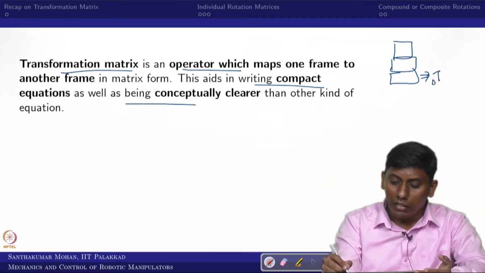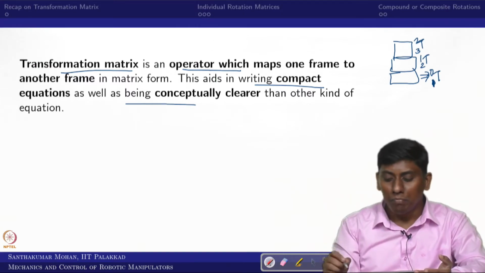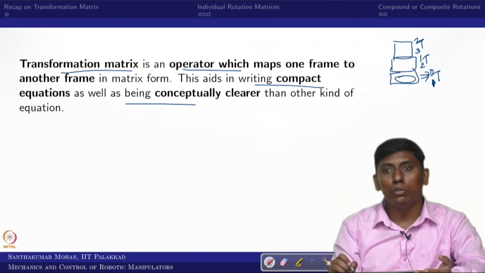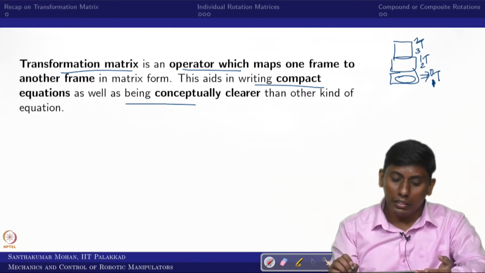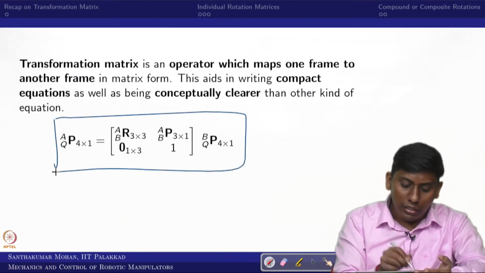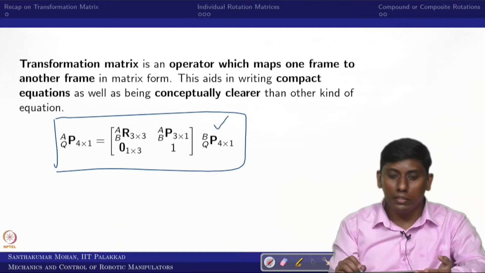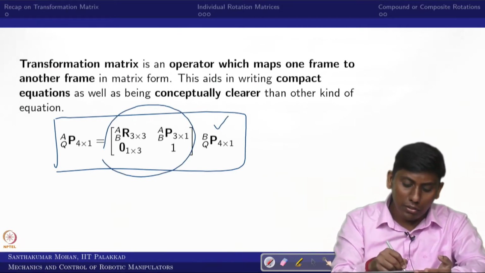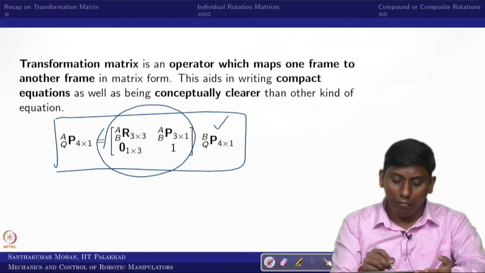For example, this is the transformation matrix of 1 with respect to 0, this is 2 with respect to 1, and this is 3 with respect to 2. Like that you can keep stacking, and inside this you have both rotational and positional information. So based on that, the position of q with respect to a, whereas the position of q with respect to b is given, and if we know the transformation matrix of b with respect to a, we can get the final result.